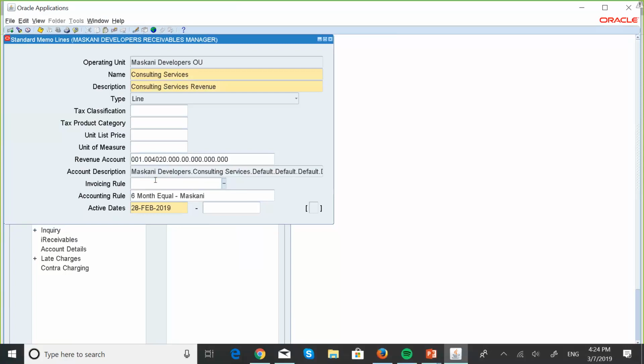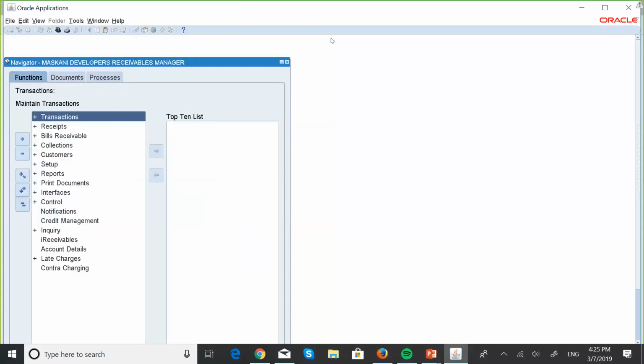So we have attached this accounting rule to the memo line. We can also attach it to the other memo line that we have for site clearing, but we won't do that for now. We're just going to use this single memo line for our demonstration. So that's good. So now if we go and enter a transaction with invoicing rules, and we select that particular memo line, the accounting rule will be automatically associated with that line. So we are going to do that, but first,